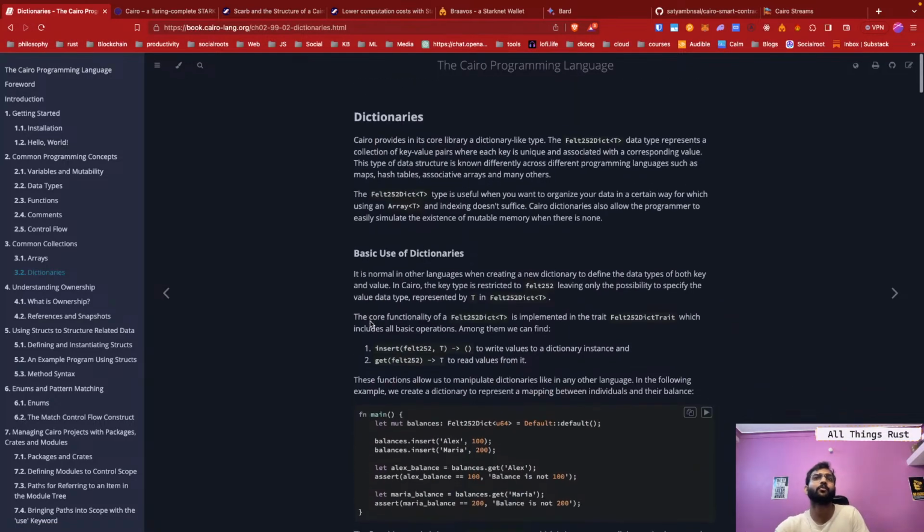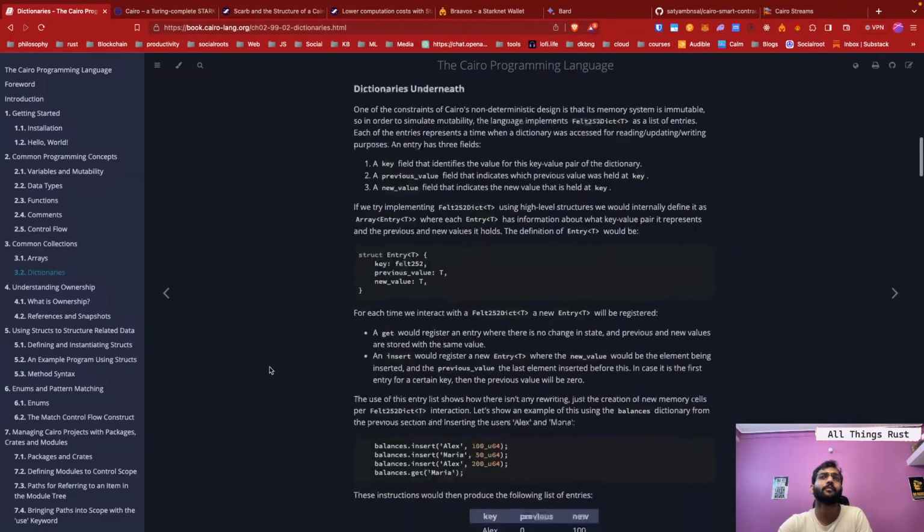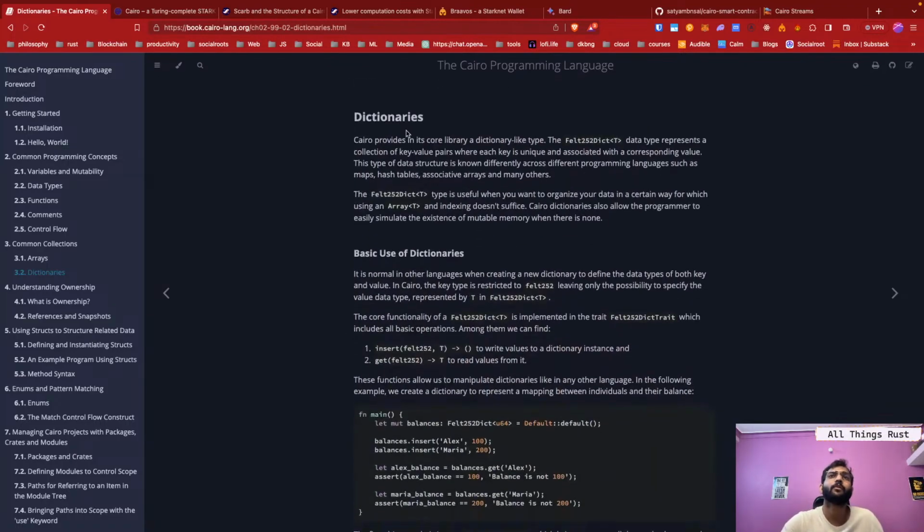Okay. Cairo provides dictionaries. Cairo provides in its core library a dictionary-like data type. The Felt252Dict data type represents a collection of key-value pairs where each key is unique and associated with a corresponding value. This type of data structure is known